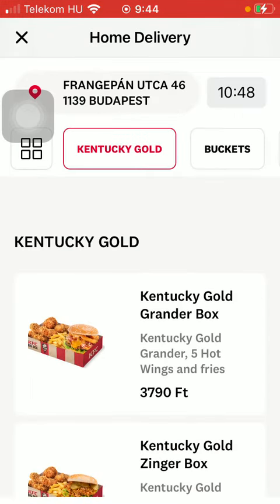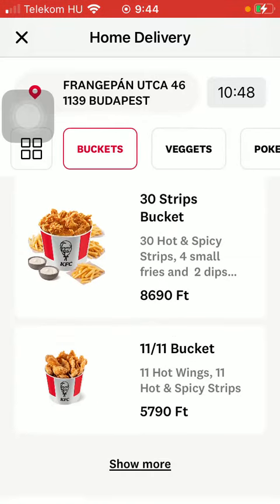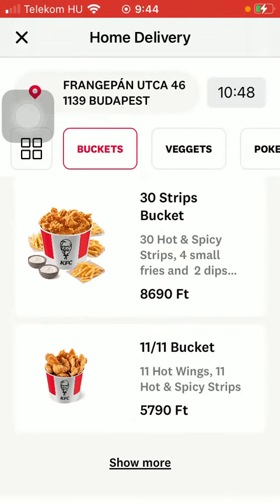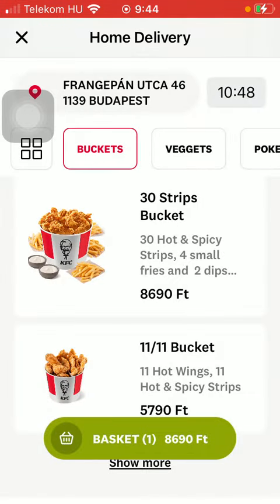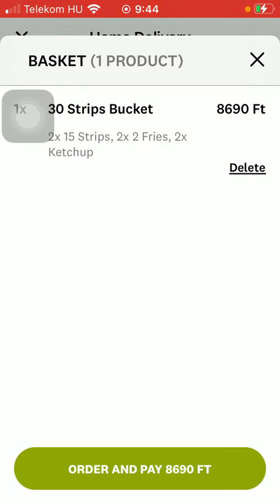Then tap on this green button down below, and here you should select the items you want to order. So tap on it, click on add to basket, tap on basket. If you are done with selecting the products you want to order, here you can tap on the order and